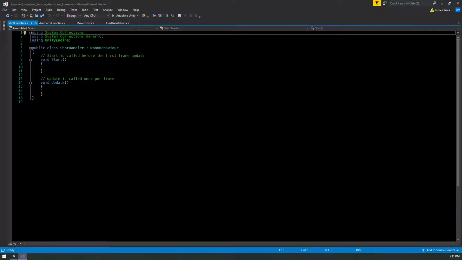We're going to start with just the ray so that you can see how that works. Then we're going to add in the logic to do it conditionally if the player is pulling the trigger, and then we're going to do a whole bunch of other stuff. Okay, so the first thing we're going to do is